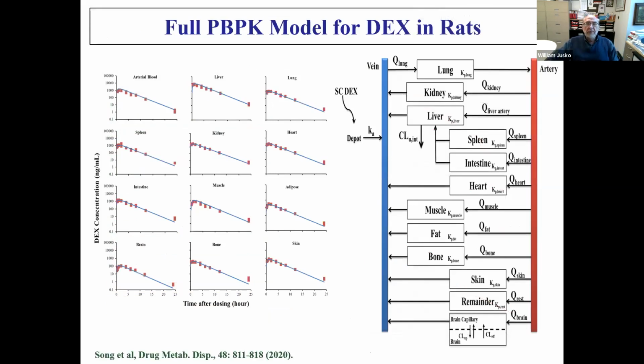We've also done full PBPK modeling for dexamethasone in rats. Rats and sometimes mice are the most common species. We give the drug at various times, measure plasma, blood, tissue concentrations, and the model that we applied is seen on the graph. So PBPK modeling worked nicely for dexamethasone, but dexamethasone had some properties that may not be recognized unless one has done a study like this.